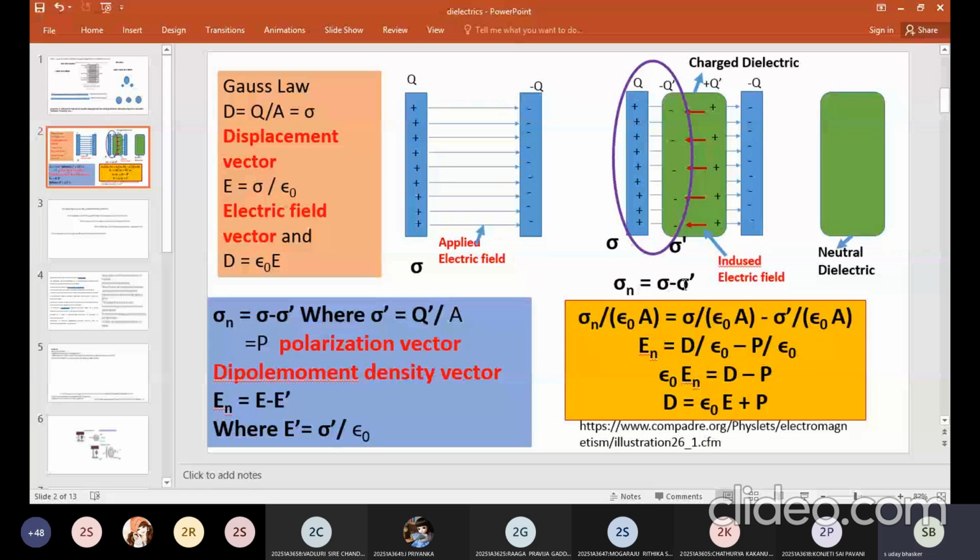Now from this figure, what you see is that net charge density is equal to applied charge density minus induced charge density. What am I doing? I'm dividing both sides by epsilon naught A. So this is the expression I have. Now, what I have defined is,